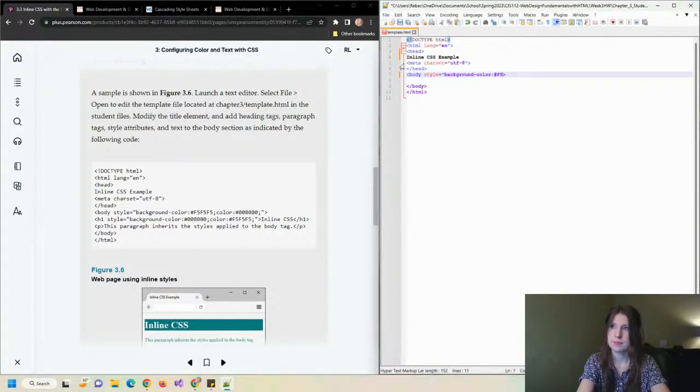F5, F5, F5. A lot of this is probably going to be copy paste, I would imagine. 008080. And then we have our, where's that little guy? Oh, he's already there. Okay. And then we have